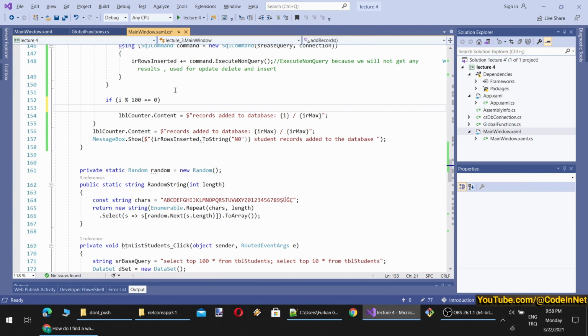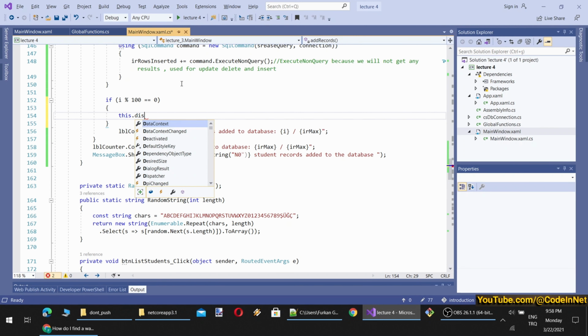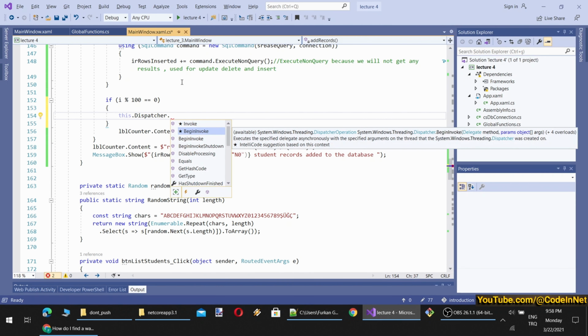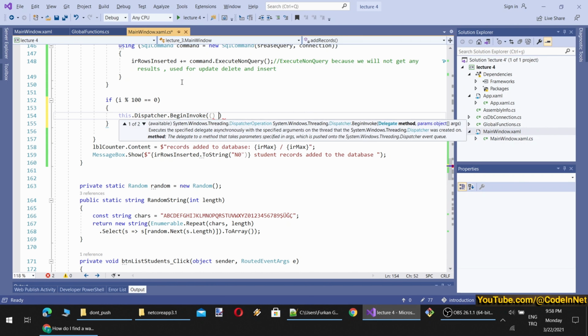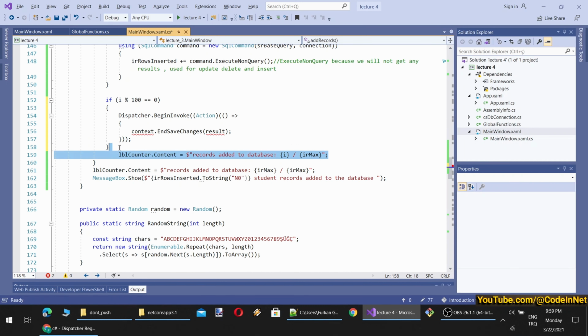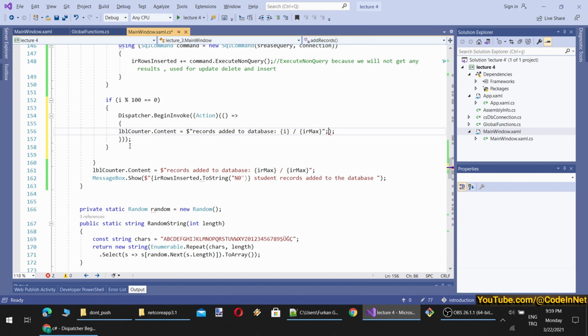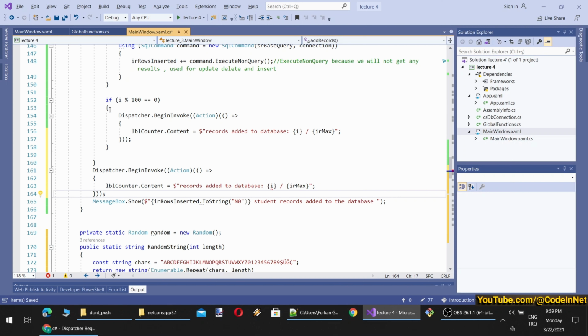We can fix this problem with this.Dispatcher.BeginInvoke. By the way, there are BeginInvoke and Invoke. When we use BeginInvoke, it is asynchronous, so it won't be blocking the thread run. We will just move this to be here. By the way, you see I am writing dispatchers multiple times. We can prevent that from happening.